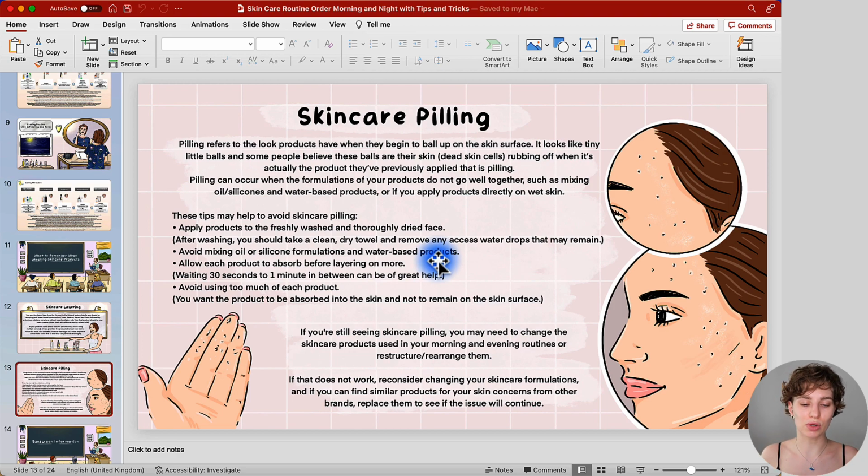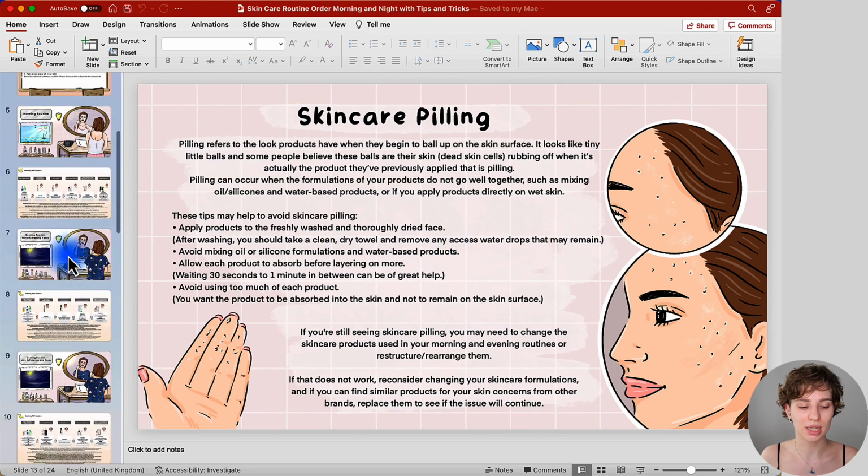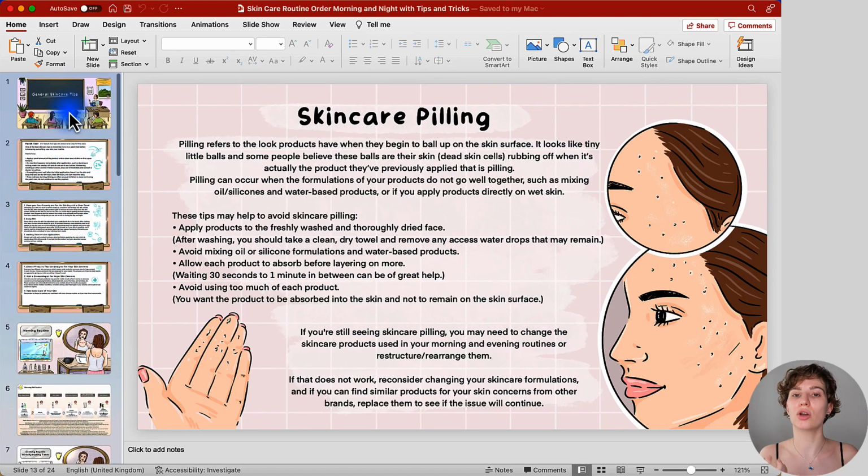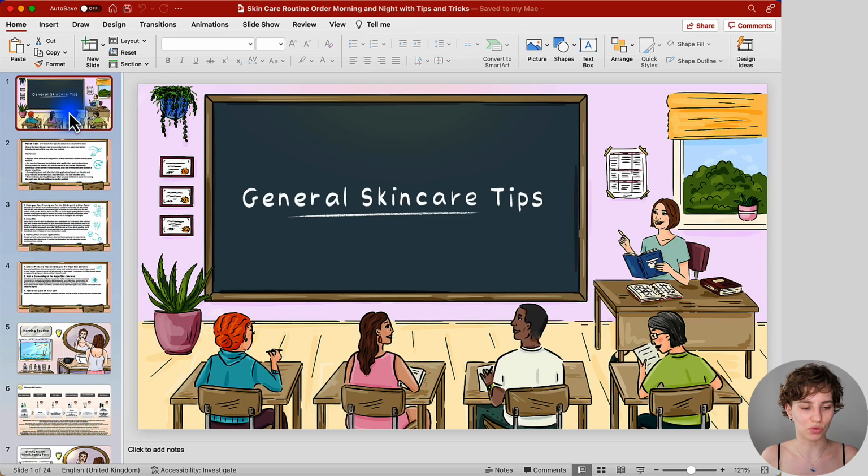This way you can, to a larger extent, avoid skincare pilling, or an uncomfortable dry or tight feeling when doing the application. But this is primarily what I wanted to share with you when looking over the slides, so that you have an overall understanding of how you can read through them when setting up your own skincare routine at home.